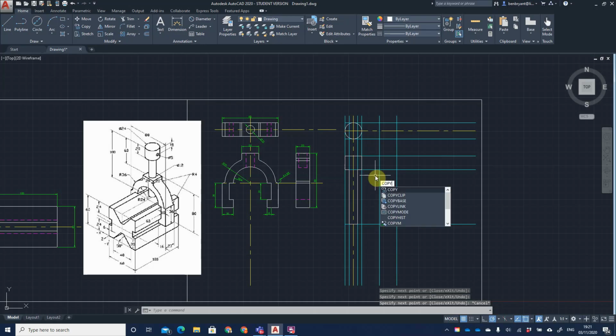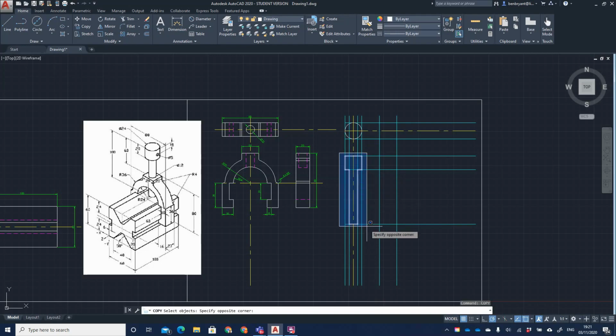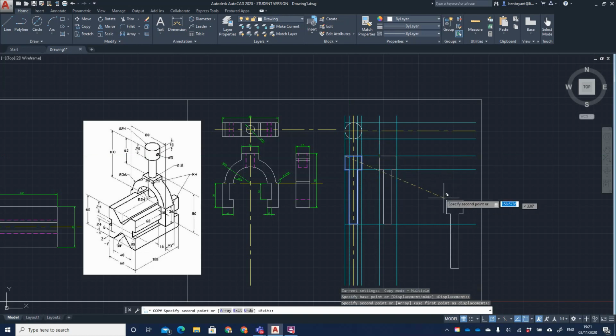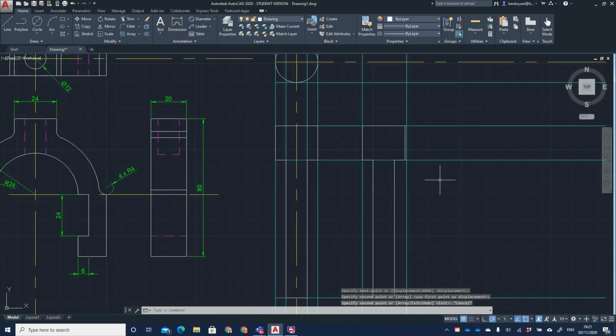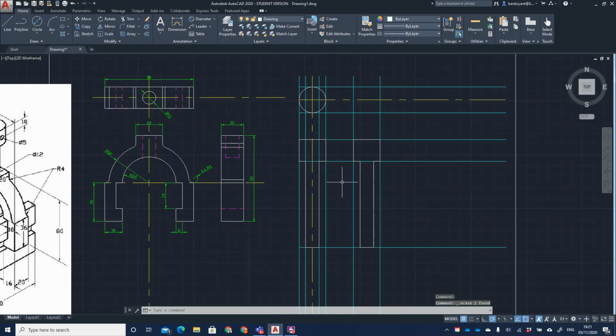And I'm actually going to copy that because I'm going to use that on my third view. So I'm just going to come along, select all those features, and copy it from a point and place it in my next window. I think actually when I offset that, it was 25, not 24. Yeah, so I did a little mistake, which is good because otherwise I would have had a part looking a bit